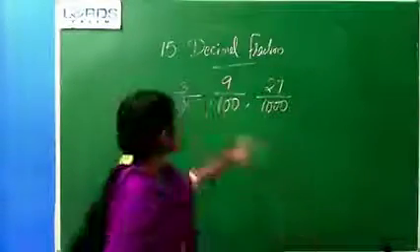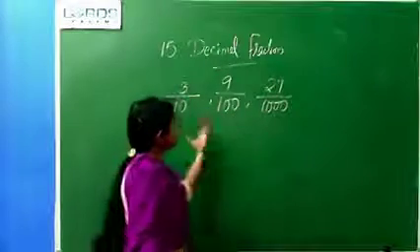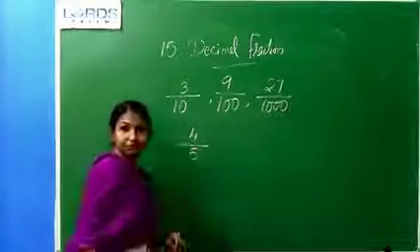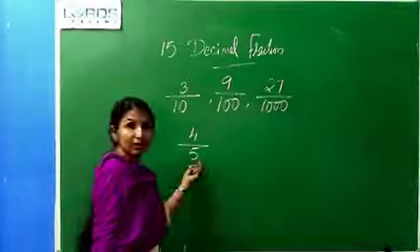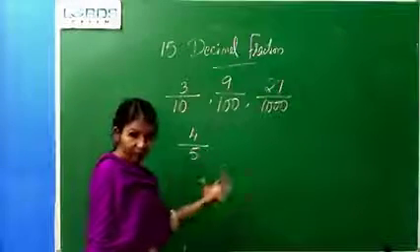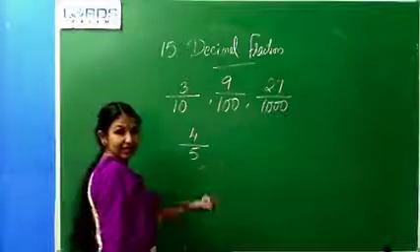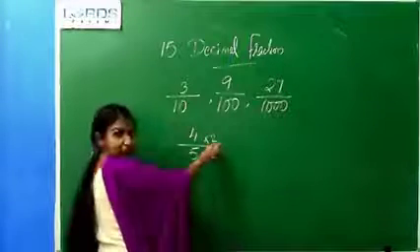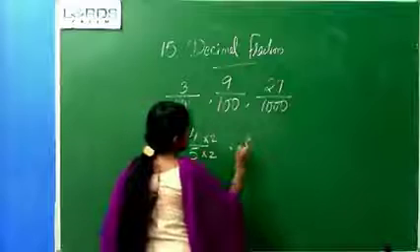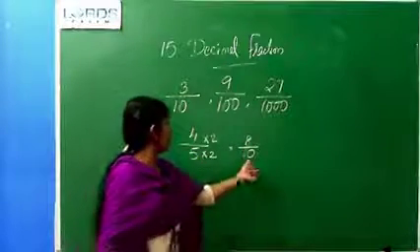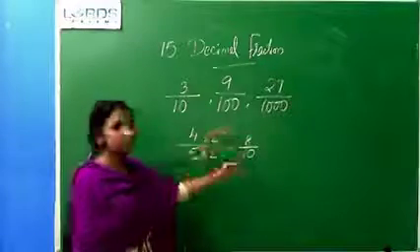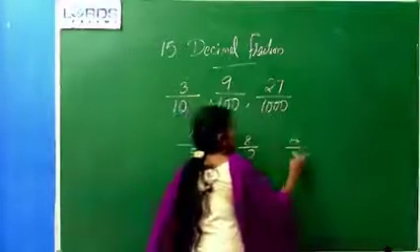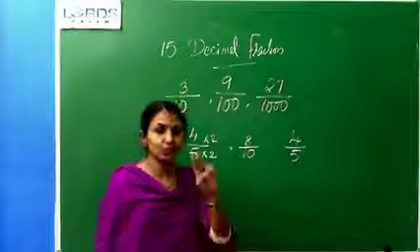One more thing is there. Instead of this 10, 100, 1000, if it comes in the point form, that is, suppose a number is 4 by 5. The denominator is not 10 or a power of 10. So how can we say it is a decimal fraction? If we multiply the denominator by 2, the same number should be multiplied with the numerator, right? So it will come as 8 by 10. Now this 8 by 10 is like this. So we can say that this 4 by 5 is also a decimal fraction. So two ways are there, okay?